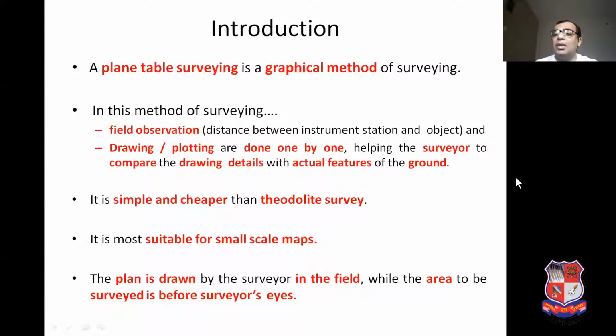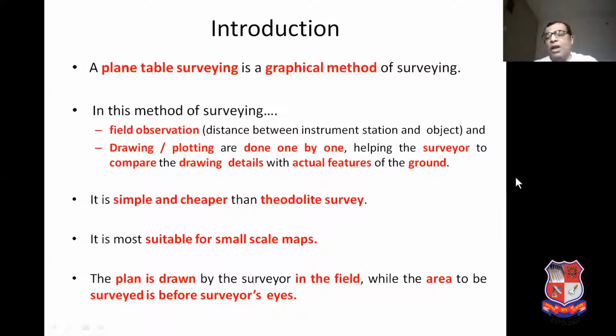This helps the surveyor to compare the drawing details with actual features on the ground during the surveying process. So that's why measurement and drawing both are done one by one. That's why this method is known as the graphical method of surveying.